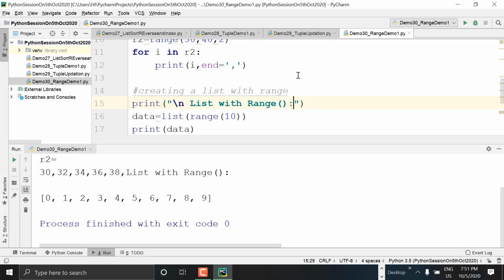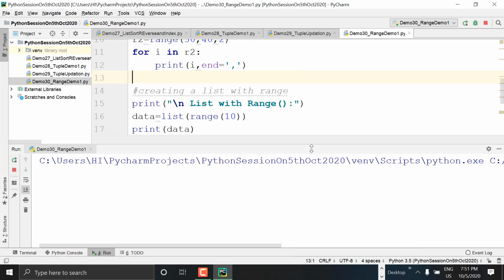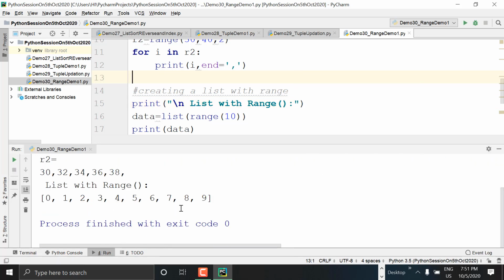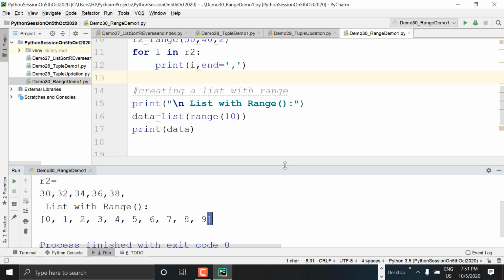followed by range. No, boss, I want to print 1 to 10 numbers. Can you tell me the answer how to create a list with 1 to 10 numbers? Anybody? Creating a list with 1 to 10 numbers. It is creating from 0 to 9, but I want 1 to 10 numbers. So please type your answers, guys, in chat so that I can see how many of you understood really. Waiting for your answers.